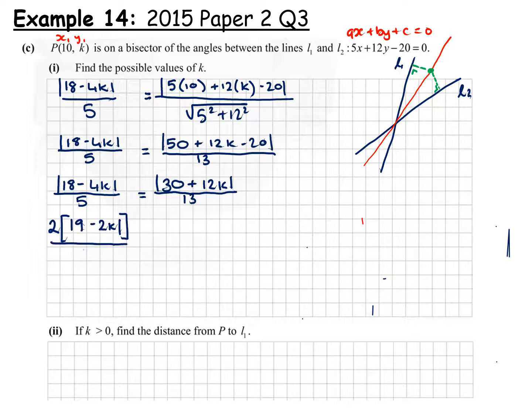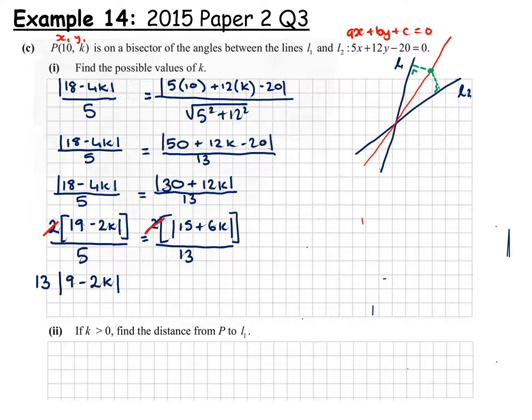And that's still over 5. Here 2 as well. Pull out a 2. 15 plus 6k, and that's all over 13, and those 2's actually cancel. So the 2's, that just simplifies it a little bit. So what we have now is the absolute value of 9 minus 2k, and actually I'm going to multiply this